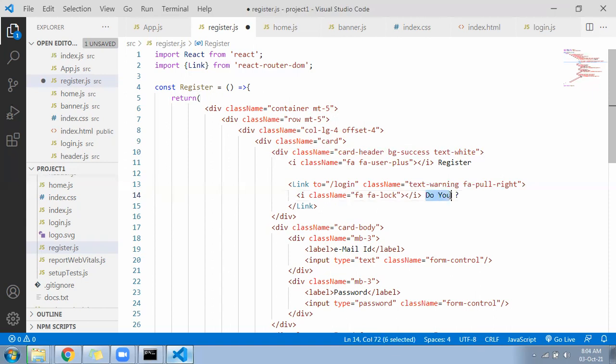Registered, then login. Please modify the header section.